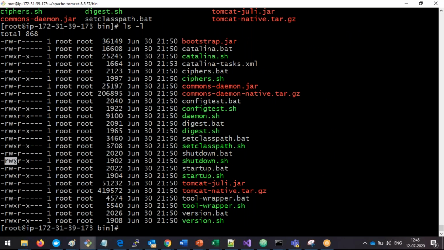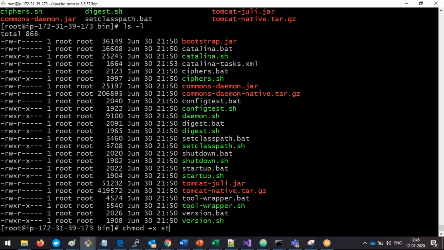As of now, the owner, nothing but the root, has the executable permission x, and the group also has the executable permission, but not the others. But here, if I give the access to anyone, then anyone can start or stop the Tomcat service, or leave it, so that only the owner or the group people can start or stop. So I'm going to use chmod